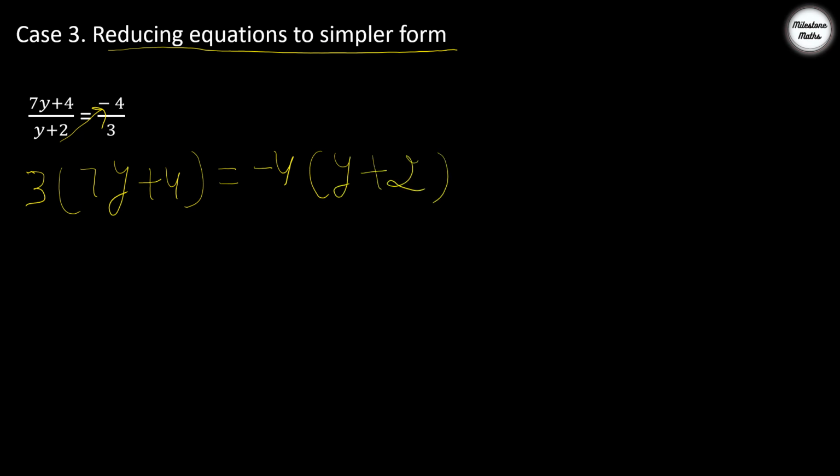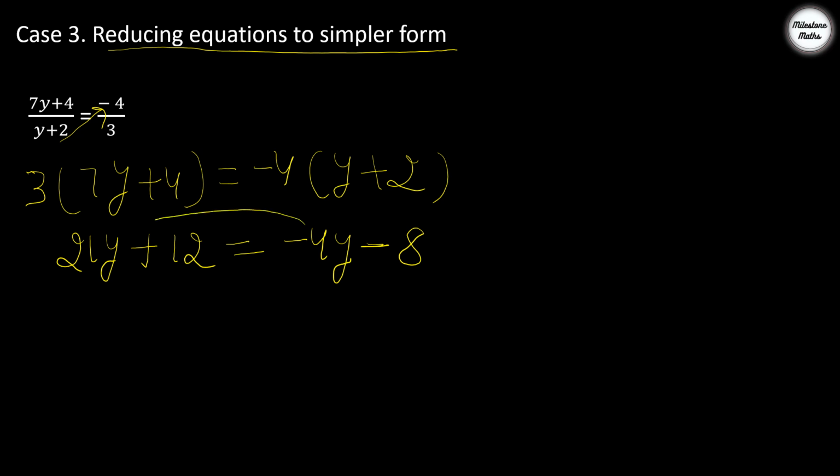Right? Now you have to multiply because you have to keep the variables on one side to solve it. So now we have to remove these brackets, and then we have to keep the variables on one side. So now if you are solving it, 3 into 7, 21y plus 3 into 4, 12. Same way we will solve it here, minus 4y, and this is plus, minus times minus will become plus, 4 into 2 is 8. Now what we will do, we will bring this y to this side and we will take this 12 to the other side. We are transposing these terms.